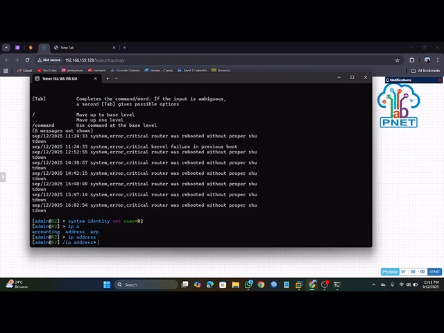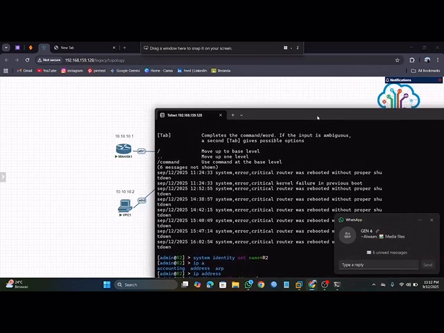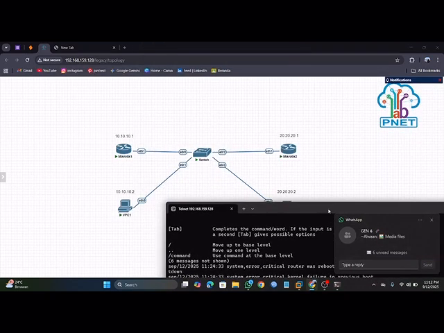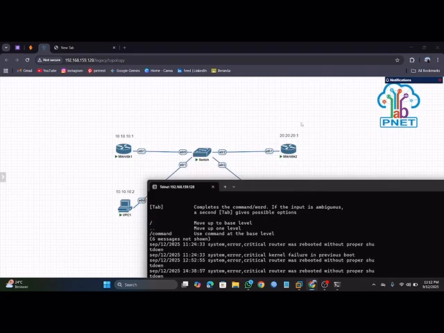And you tap again add address from here, this IP.